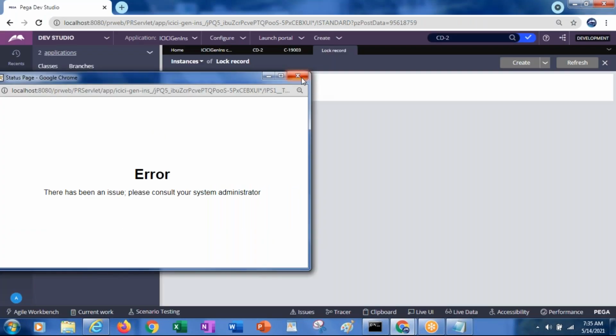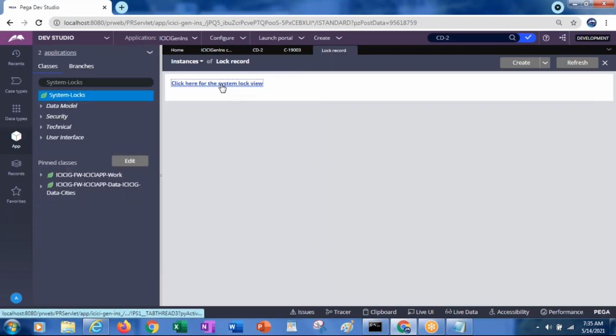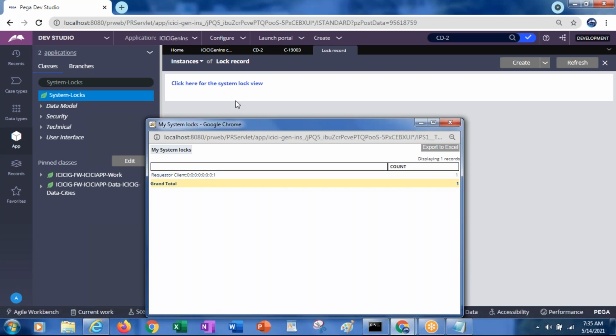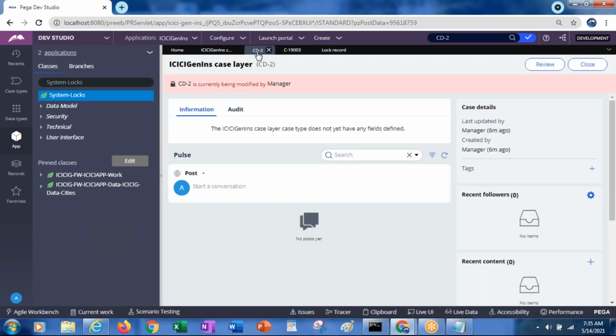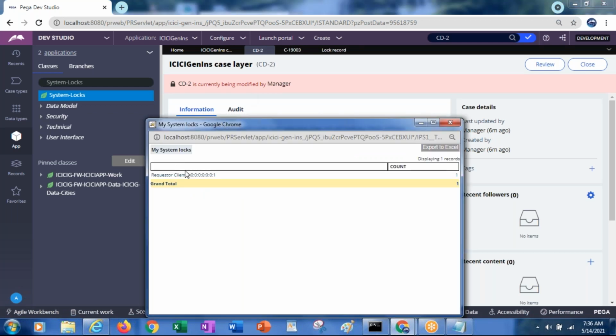The same lock information will be displayed here. There is nothing much. The message which it is showing to the user, like CD-2 is currently being modified by manager, that will display here. So all the locks information will be maintained in the system-locks over there.